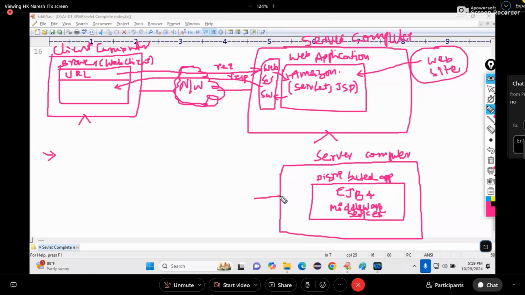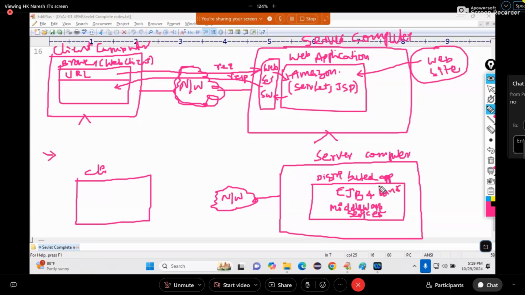Now, the server computer is connected to the network. Next, our client computer. This distributed application, you consider as a bank application. Somewhere in the corner you can write bank application. Here you wrote Amazon, like that, bank. Then this is the client computer.